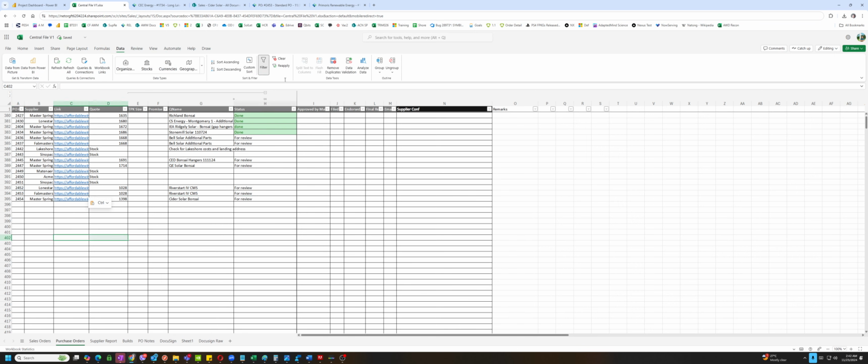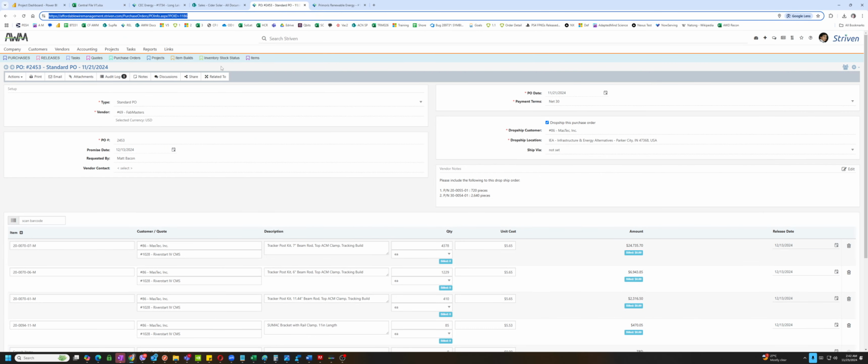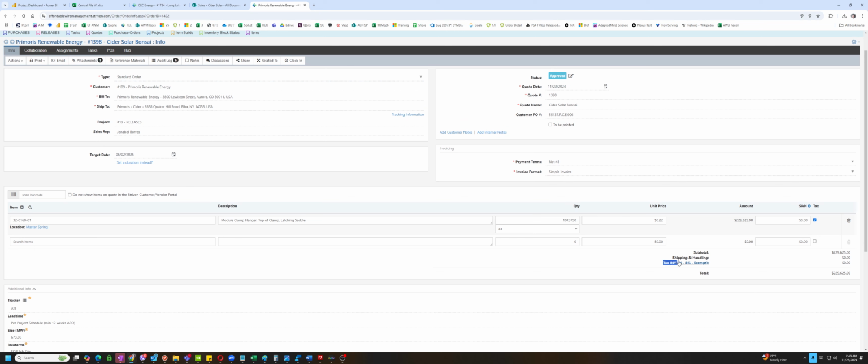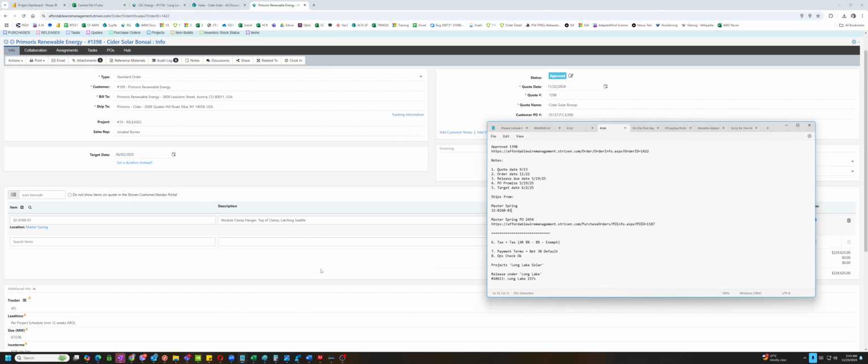This one. So, we have the purchase order already. Going to copy this. It's tax exempted. Here, notepad. Payment terms 45 because it's defaulted in 45 days.